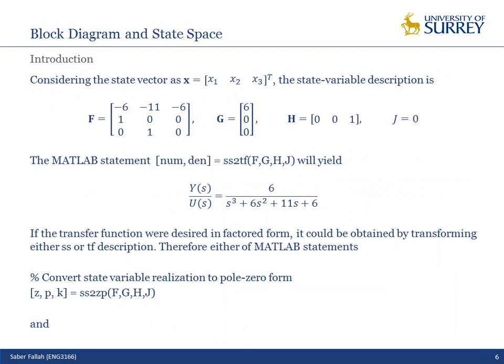So using that block diagram and state space, I want to show how I can build up the state space formulation. If you look here, using the states I defined, the state vector is x1, x2, x3. I have 3 differential equations. So in the matrix or vector format, I have x dot 1, x dot 2, x dot 3 equal to